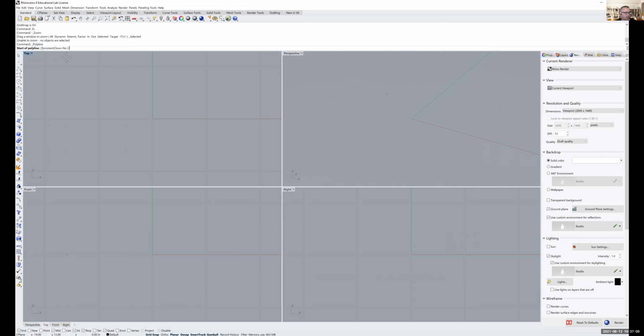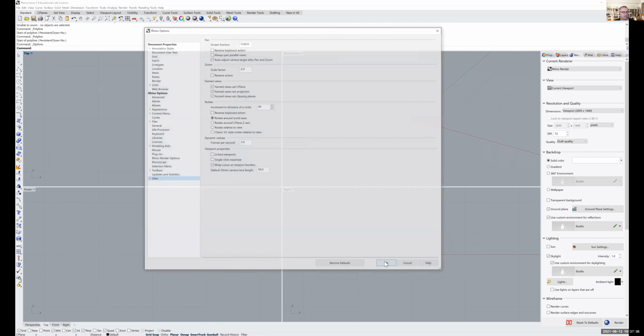But let's do, well, you said you didn't have anything for L, right? So let's change one of these for you. The third icon down on the left is polyline. If you left click it, you can see command polyline, start of polyline. Just use your cursor and grab the underscore and the whole polyline, and then just Control C and hit escape a couple times, and then we can come back to options